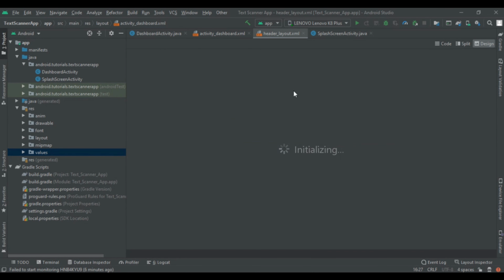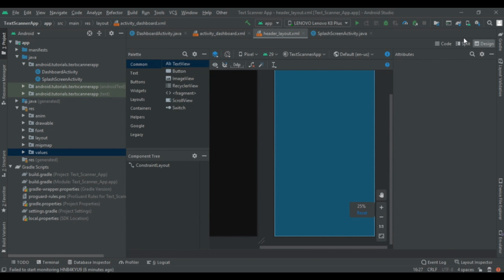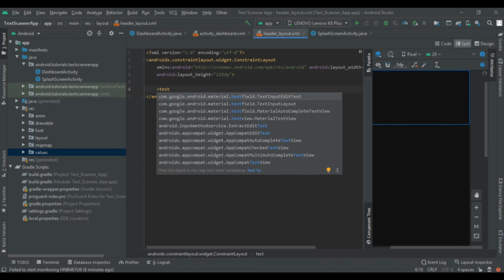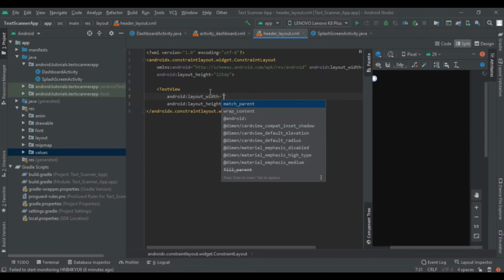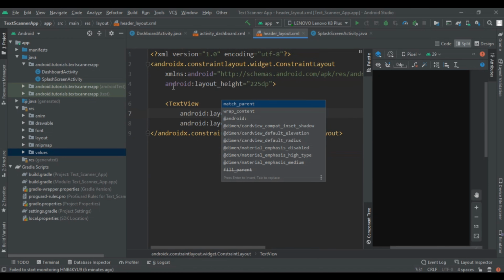It is initializing now, so we have to wait for Android Studio to respond, and then immediately click on this split mode and change its height to 225 dp. This will be shorter, and give a text view. Let me zoom this code so you can easily see that. Yeah, this much is better.